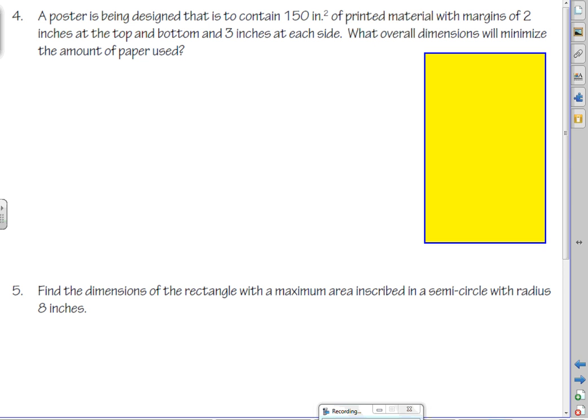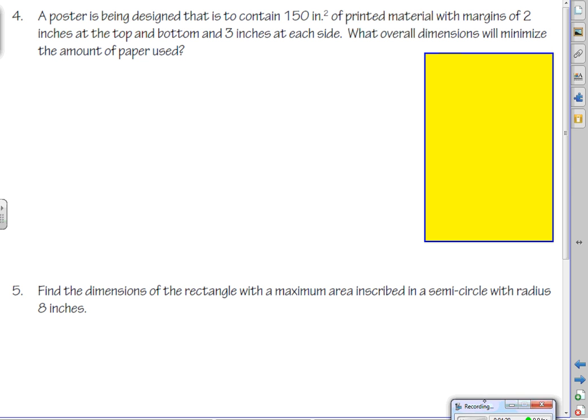So you've got this poster, and then you're going to have margins on that, and the margins are going to be a little different, 2 inches at the top and bottom and 3 inches at the side, so a little bit more on the sides than what we have on top and bottom. So design that it contains 150 square inches,